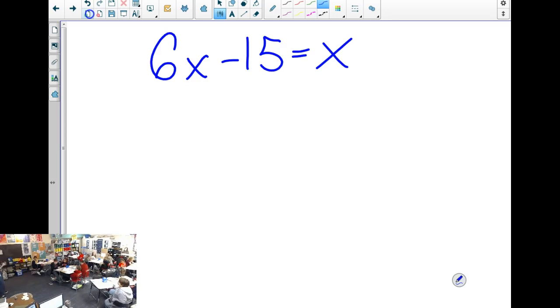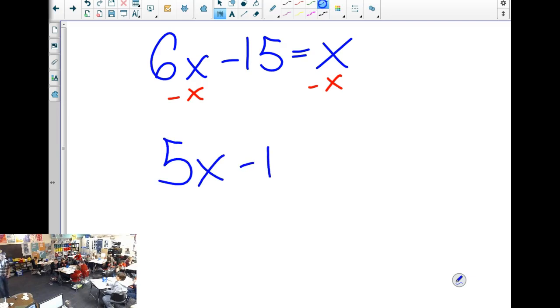Put your pencils down. I want to get my x's together. I can either subtract 6x to get rid of them on this side and push them over here, or the easier option normally is to get rid of the smaller x value. So if I get rid of x, and please do not write this yet, I'll give you time, I then have 5x minus 15, but my right side, and this is what confuses people normally,